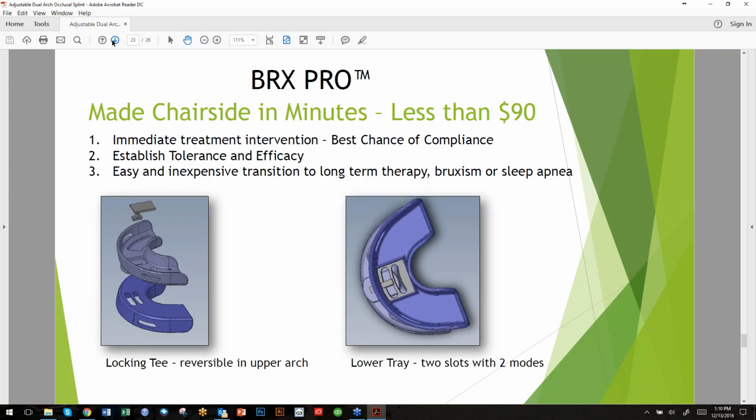Number 3, the principals at DDME have been involved in various areas of medical diagnostics, including treating patients with sleep apnea. One of the big problems with compliance is there's a gap between the diagnosis and the therapy. All dentists know that if you diagnose a problem and say, come back in a month and we'll spend $2,000 to fix it,